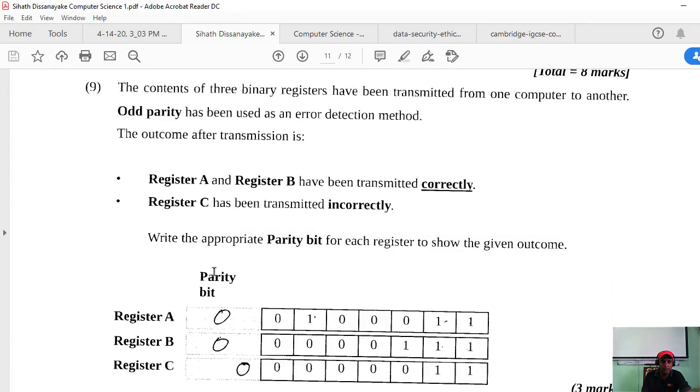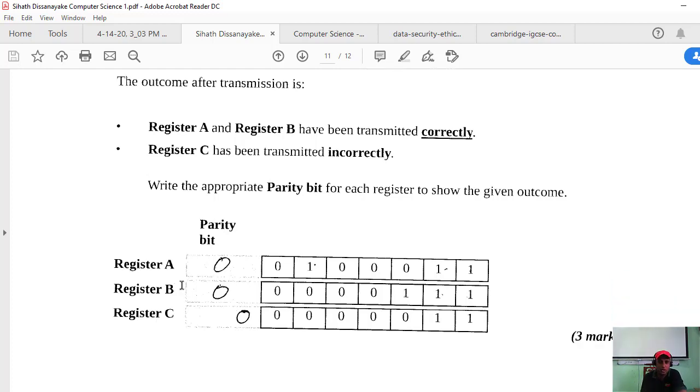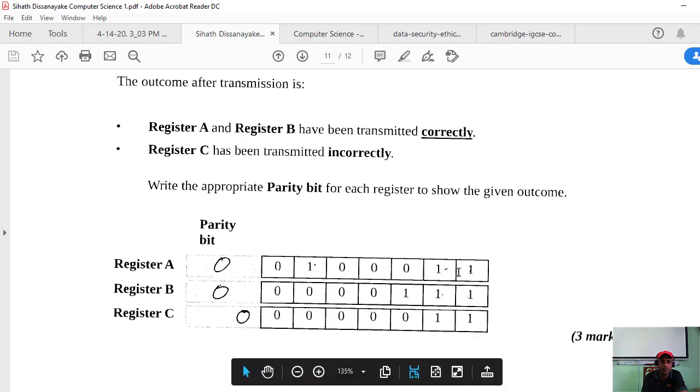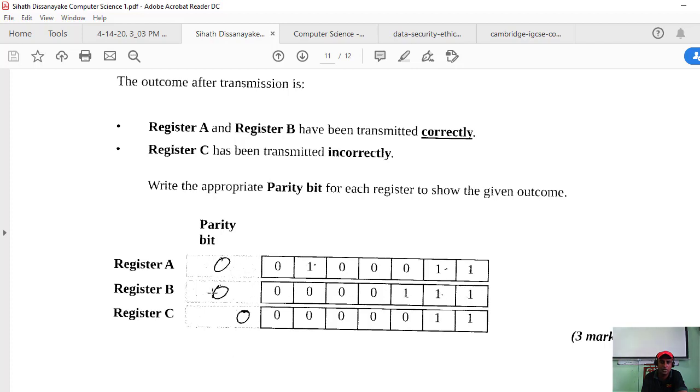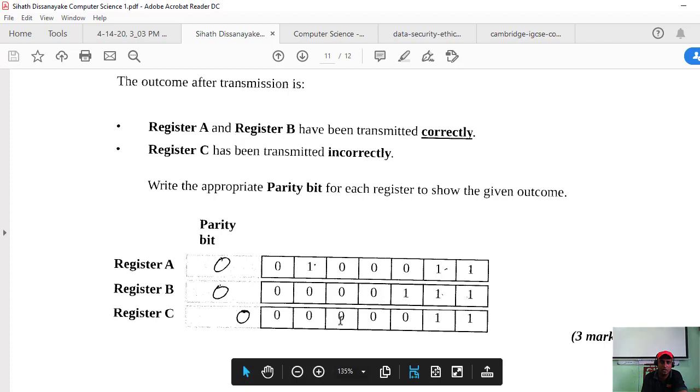Okay, so this is odd parity. How are you using the odd parity? Write the appropriate parity bit for each register shown the given outcome. So 1 1 1, here 0, that is correct. 1 1 1, that is 0, correct.